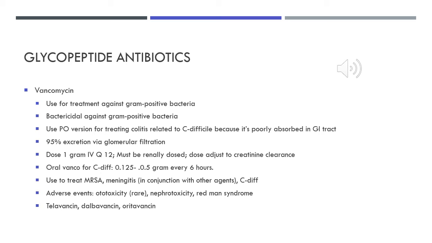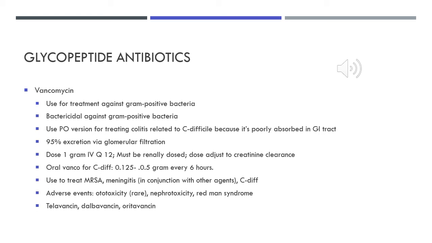And with the carbapenems as well as the glycopeptide antibiotics, aside from vancomycin, you're going to have to pretty much get an ID consult if you're going to want to use those drugs a lot of times. So let's really just focus on vancomycin. It's used for treatment against gram-positive bacteria. It's bactericidal against gram-positive bacteria as well. Of course, what I'm trying to say there, it's bactericidal. It's a slow bactericidal effect compared to some agents that we might talk about in a moment, but it's an